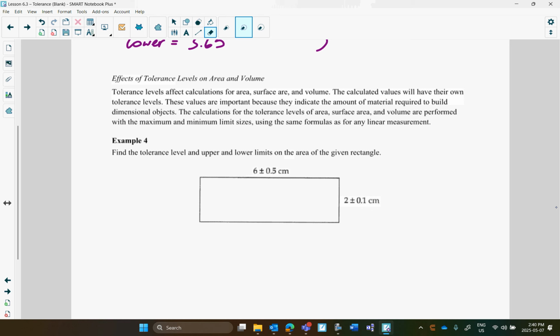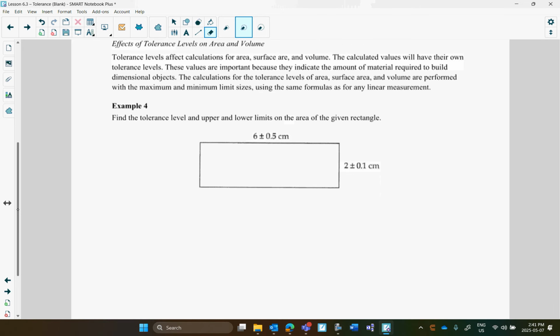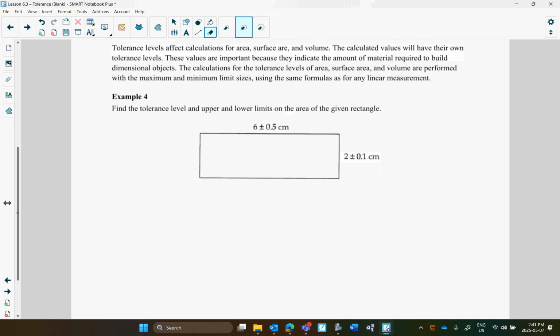So how do we deal with this? To find the area, normally we just go 6 times 2, right? Length times width to find the area. But we have to find the maximum area it could be, the minimum area it could be, and the tolerance. So the maximum area,